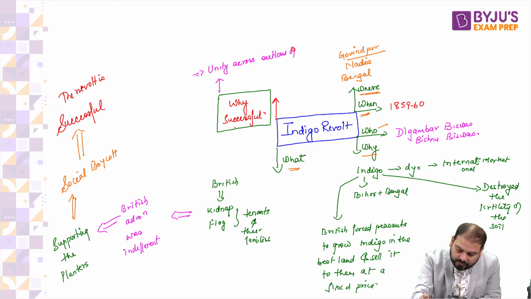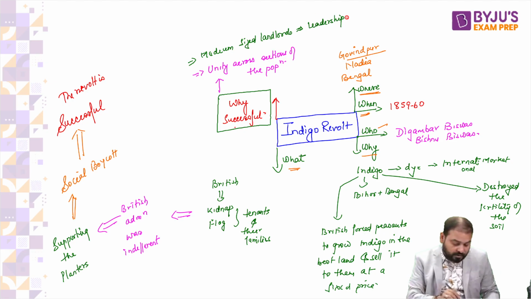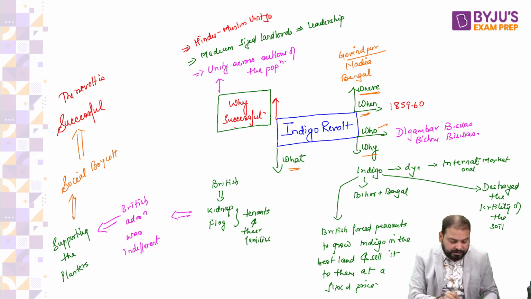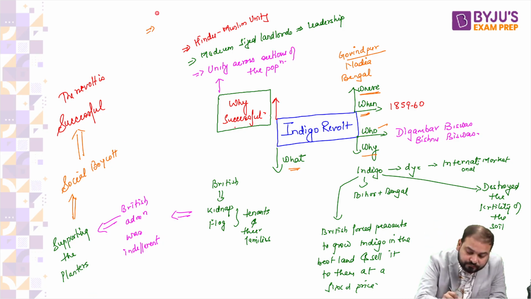across sections of the population. That is, the different people, they are united. Number two, medium sized landlords, they provided leadership here. Number three, just after the 1857 revolt, you all can see Hindu-Muslim unity is at its peak. Number four,